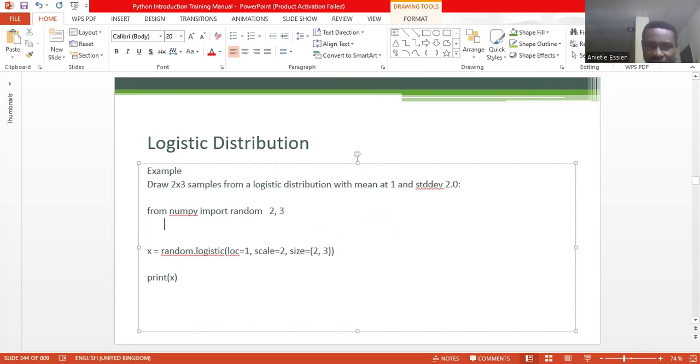That's one row, and here is another row, and 3 columns. So that's what we're trying to see. We're going to bring 2 rows and 3 columns. It's going to draw a sample of distribution from that. So let's go to